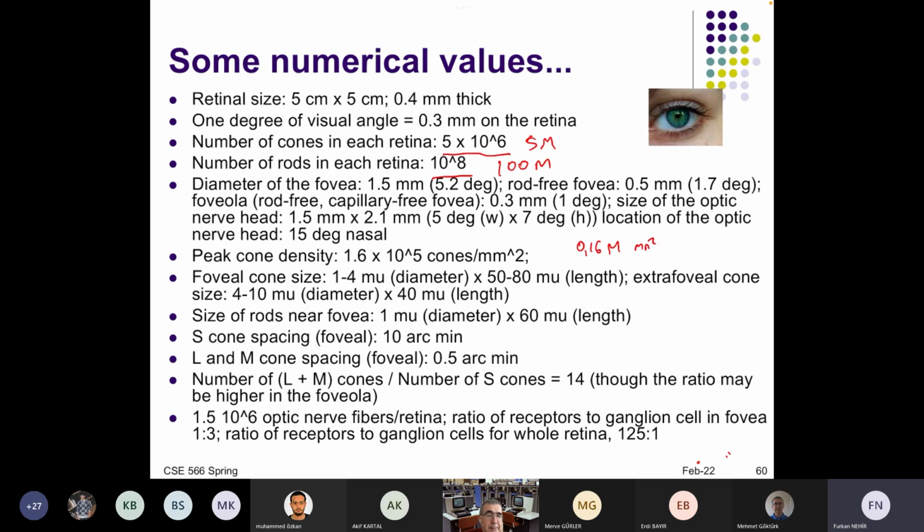And how many nerves? 1.5 million nerves. Another line for the black and white as well. So a lot of optic nerve fibers going to the brain,